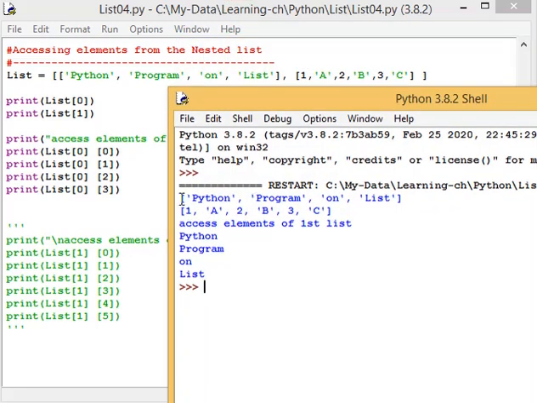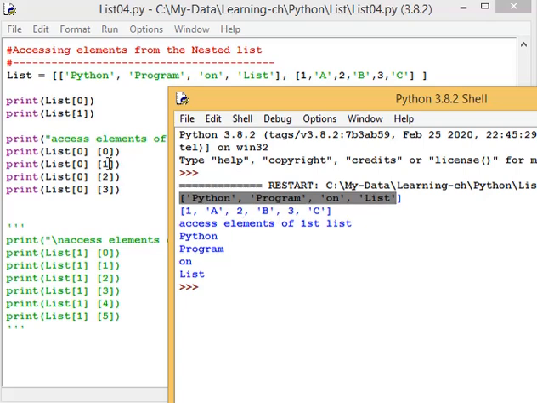See, here we have print list of 0, this is the first sublist, index 0. Print list of 1, that is the second index, the second sublist of the list, and it printed this one. Now what we are doing is we are accessing the individual element of the sublist, that is list, index 0 list,